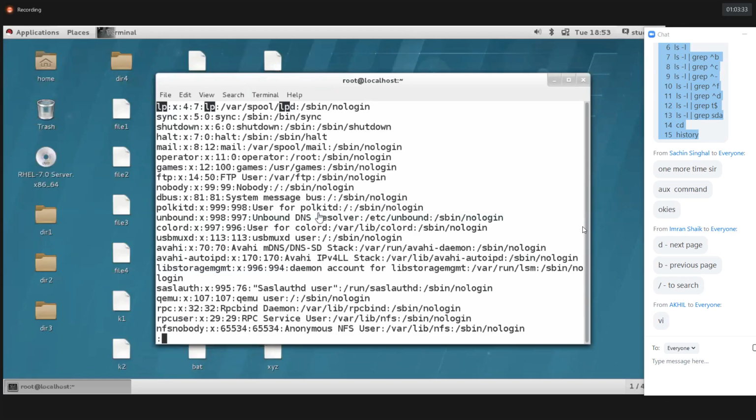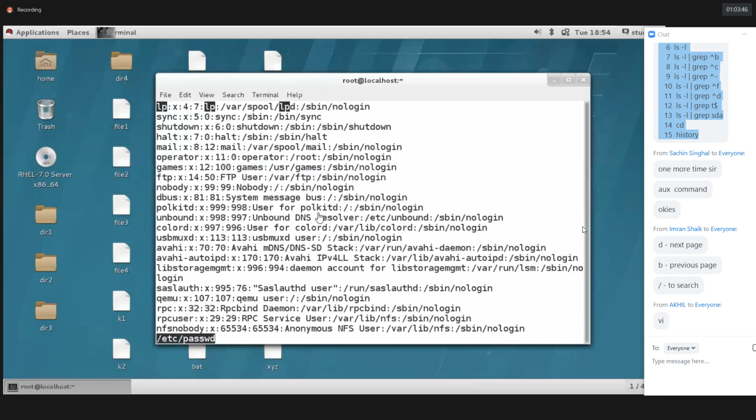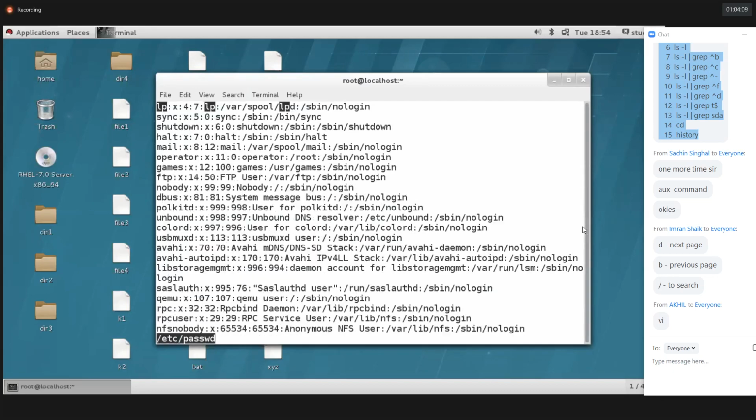Small v is the option. Then insert mode, and you can type whatever you want. Then Escape, colon WQ to save and quit, and go back to less. So the v option takes us into the VI editor. I am in the VI editor now. In insert mode you can type and modify the file.